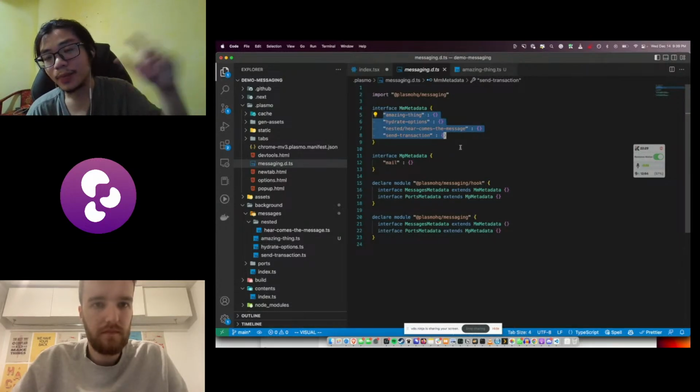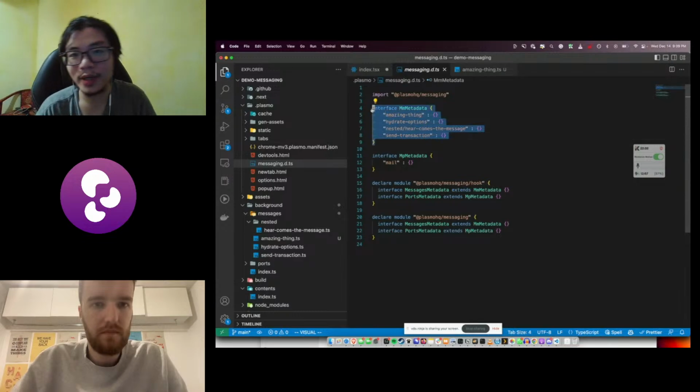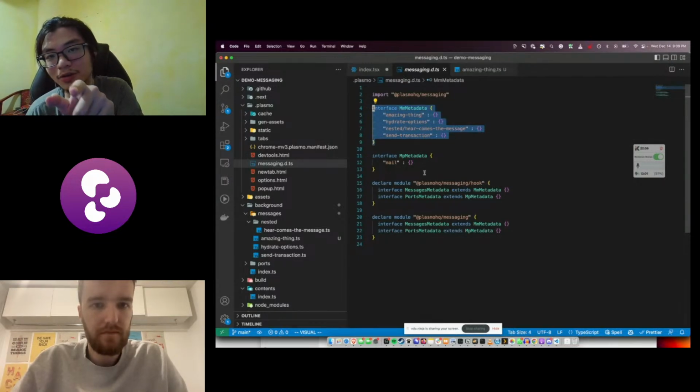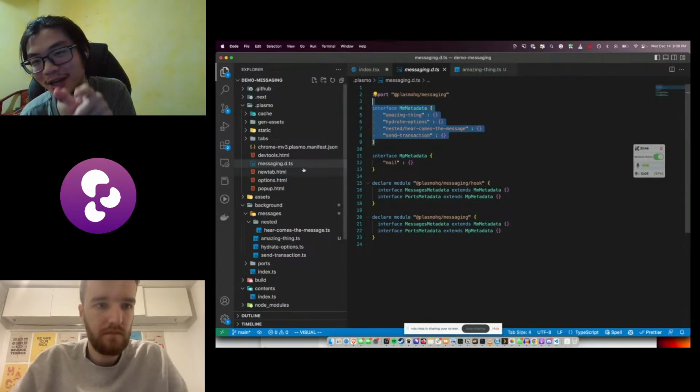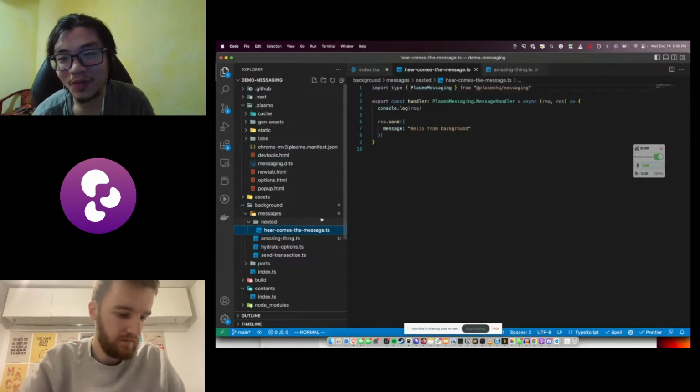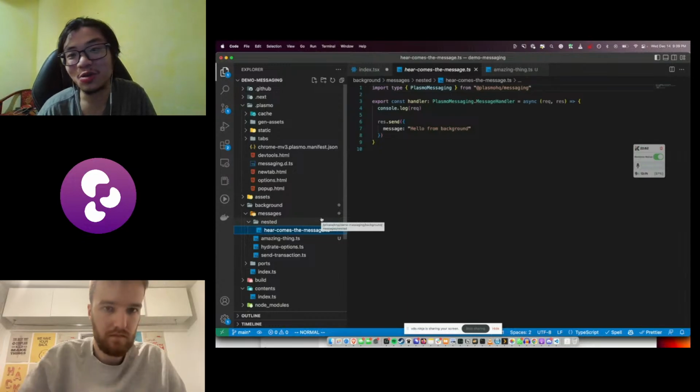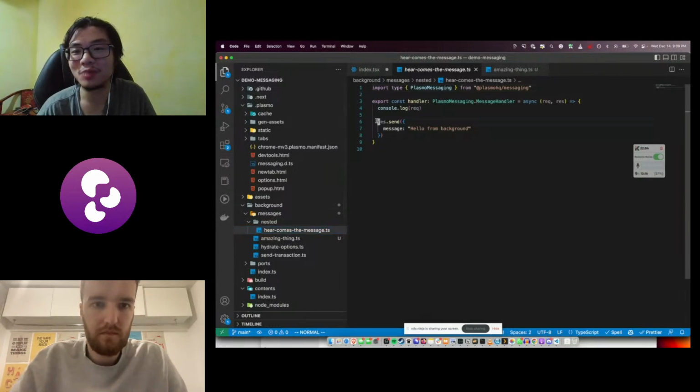And as you can see, it's a separate message API from the port API as well. One thing I want to do in the future is import the request body type of each of those events, so that we can auto-infer types from the messaging API. That'll be interesting. So you don't have to do manual typing anymore.